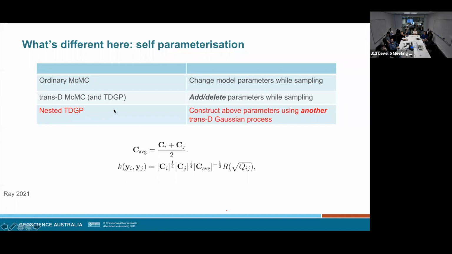So you directly model the hyperparameters as a function of the covariance. So there's another prior on the hyperparameters. Yeah, and you put a GP over that. I put a trans-dimensional GP as well. So it's a trans-dimensional GP and a trans-dimensional GP.